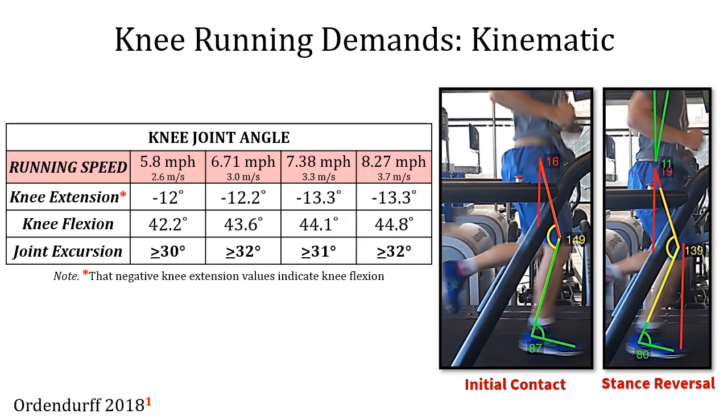Now, the joint excursion here is less than what you see in the table. Specifically, you can see going from 149 to 139, that would be a 10-degree joint excursion from initial contact to the mid stance or greatest point of knee flexion. That being said, you can also appreciate the fact that this individual is striking not on his heel, but more on his midfoot. Thus, there's going to be a greater attenuation of force through the ankle joint, where he's going through currently